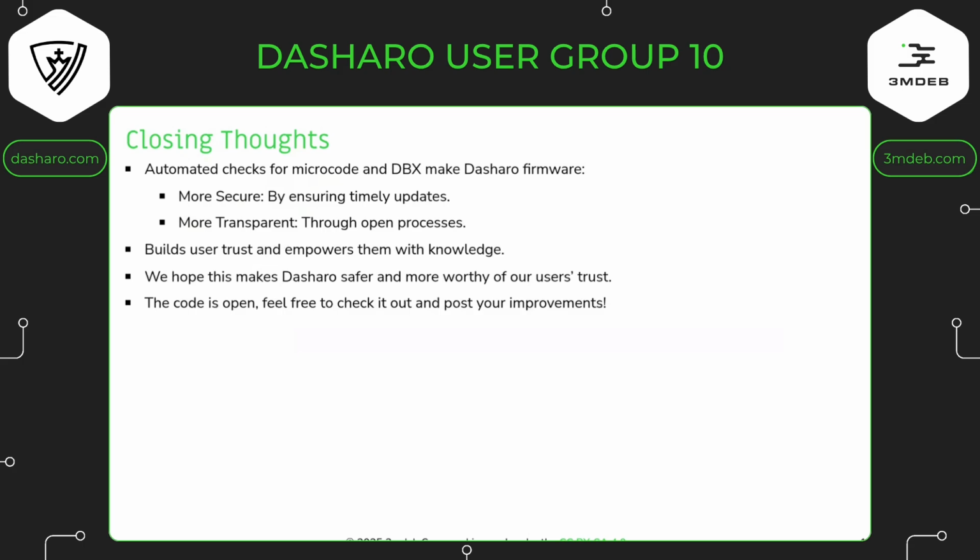So yeah, in summary, automated checks make Dasharo firmware more secure and more transparent. The automations build user trust and give them the power of knowledge. We hope this makes Dasharo safer and more worthy of our users' trust. And again, the code is open, so feel free to check it out. And if you have any improvements, we would be glad to review them. That's it